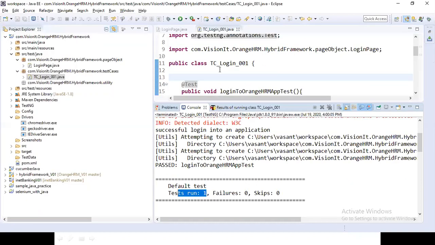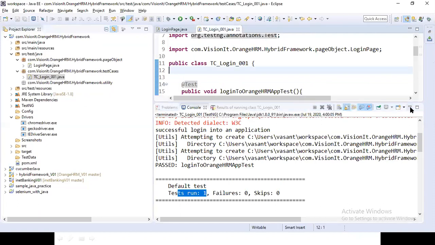So we didn't observe the behavior of our test case. Let me execute it and observe the behavior.